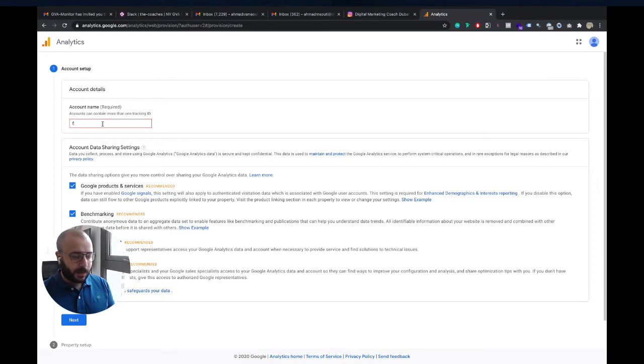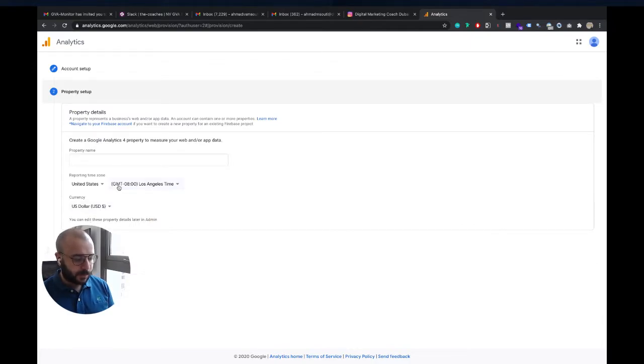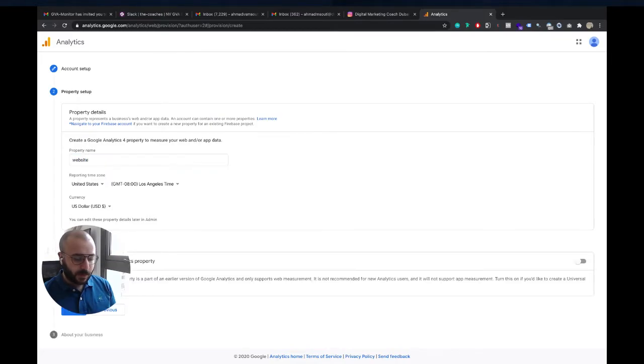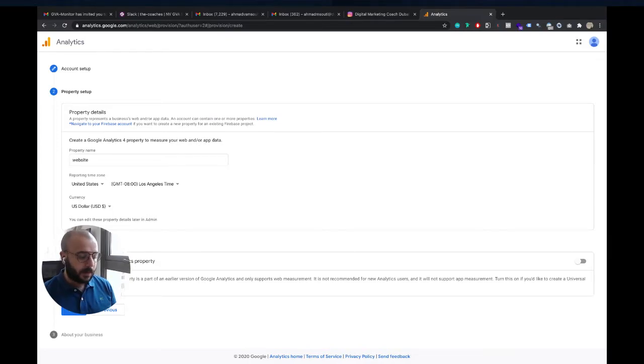The name is, for example, Files. You hit next, and here where you have to select the property name, website, show advanced options. So you have to click show advanced options before proceeding, and then turn on